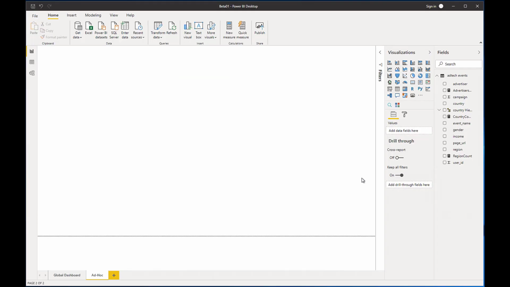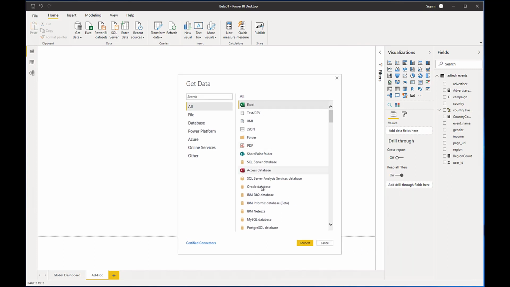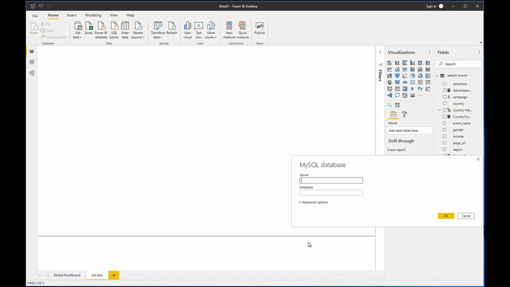So now we're in Power BI. Now I'm going to walk you through how we can get the data from our MemSQL Helios cluster. We'll just start by going to Get Data here. And since MemSQL Helios is MySQL wire compliant, we'll want to find the MySQL connector within Power BI. So let's just scroll down here to MySQL database, and you'll need some drivers in order to connect to MySQL using Power BI. But when you initially try to do this, you'll see the need for that, and it'll point you directly where you need to go to download those. So if I just select Connect here,